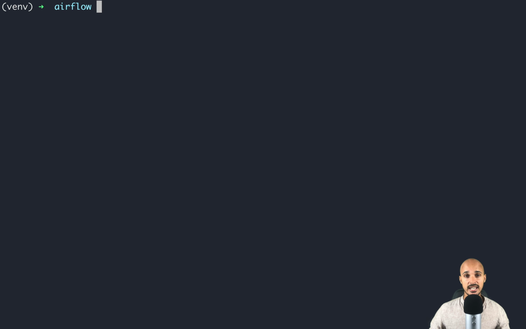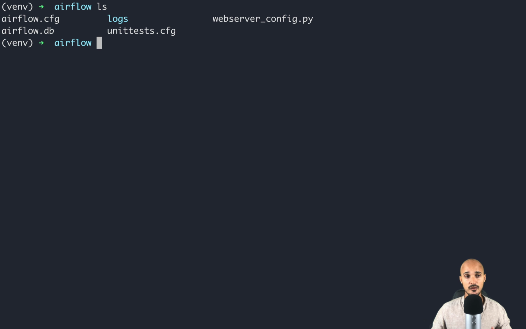Next, we need to indicate where we want to initialize Airflow with the environment variable AIRFLOW_HOME and pwd, so in the current folder airflow. Then we execute the command airflow db init in order to initialize Airflow. Now that Airflow is initialized, if you type ls, as you can see, we have a folder and a bunch